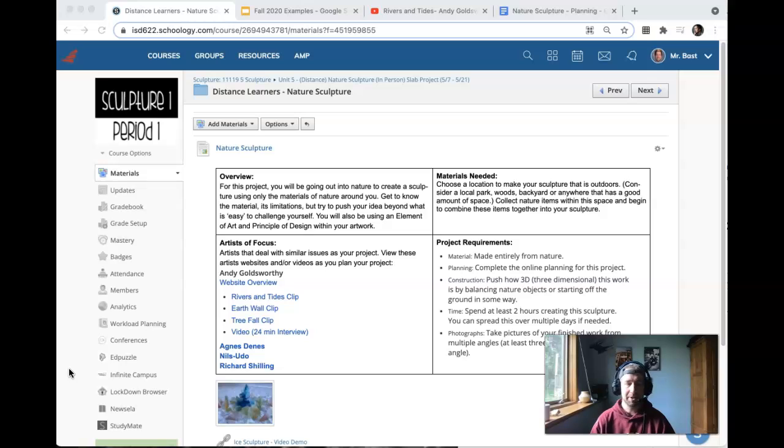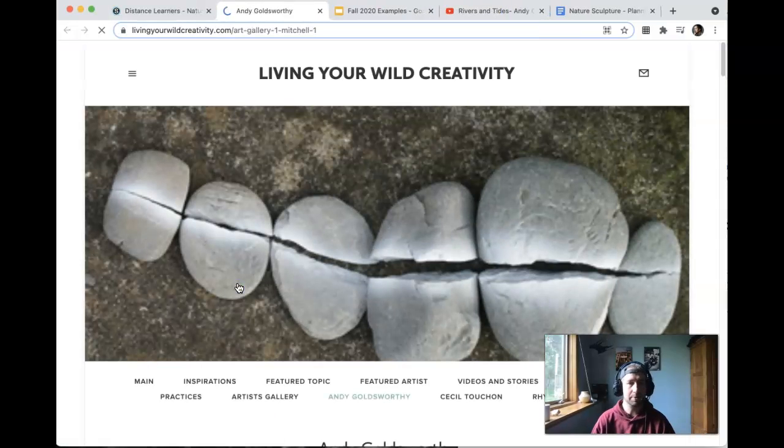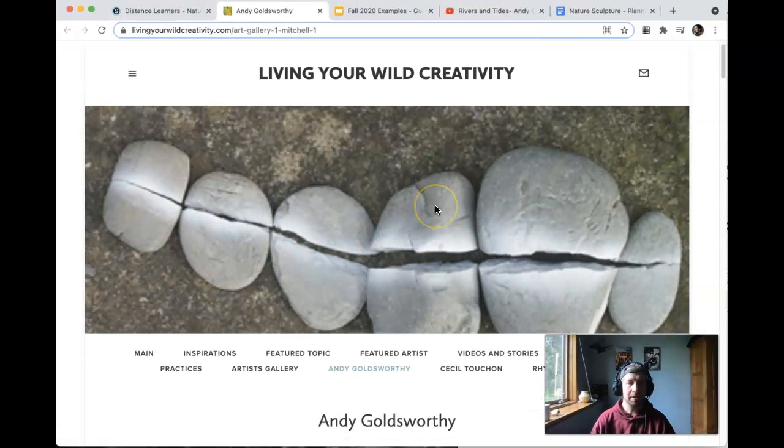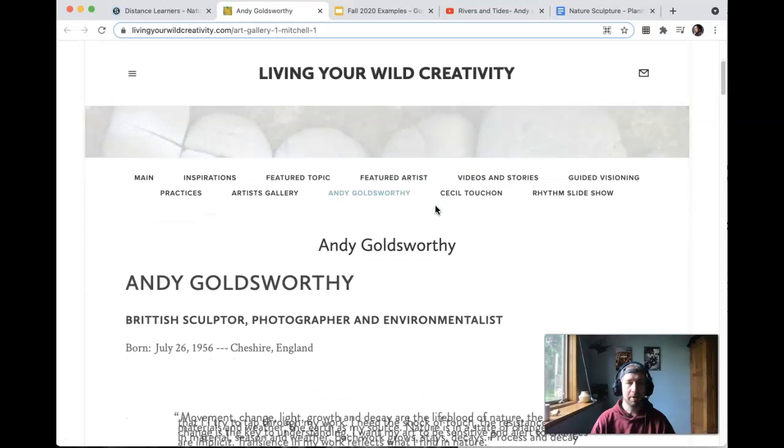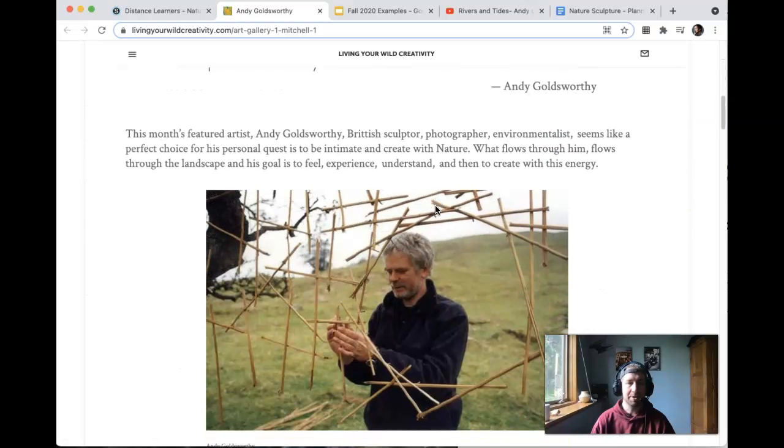So we're going to be focusing in on some artists that deal with this type of art making. And our first artist that we're going to learn about is Andy Goldsworthy. So on our Schoology page, you're going to see a link to a website that's a great overview just about Andy Goldsworthy. And on here, if we scroll down, you'll start to be able to see some examples of his